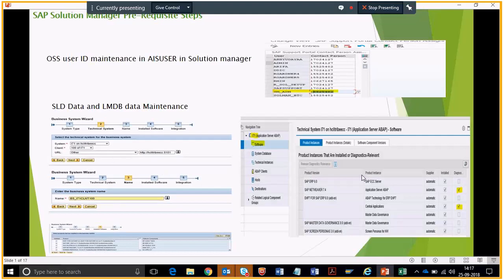The second screen is showing you the LMDB part, where the product instance information talks about the product versions, which you are able to see while logging into the system, then going to the status, and there you can find out what different components are available with the backend system. Okay,